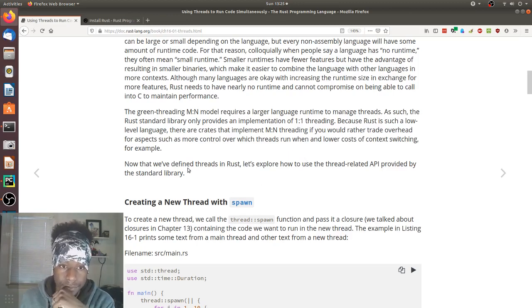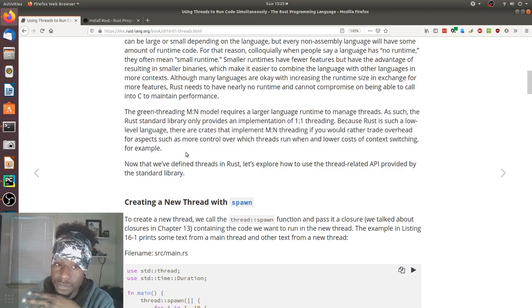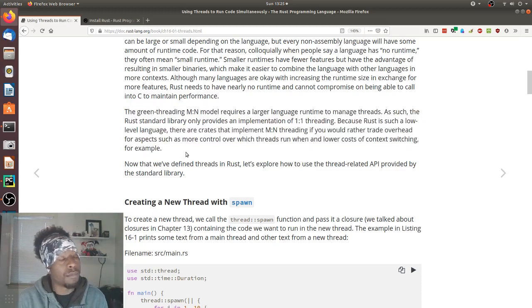I see. So here they're stating, by default, the Rust standard library only implements the one-to-one threading model. However, there are crates that implement the M-to-N threading model if you want to use those.